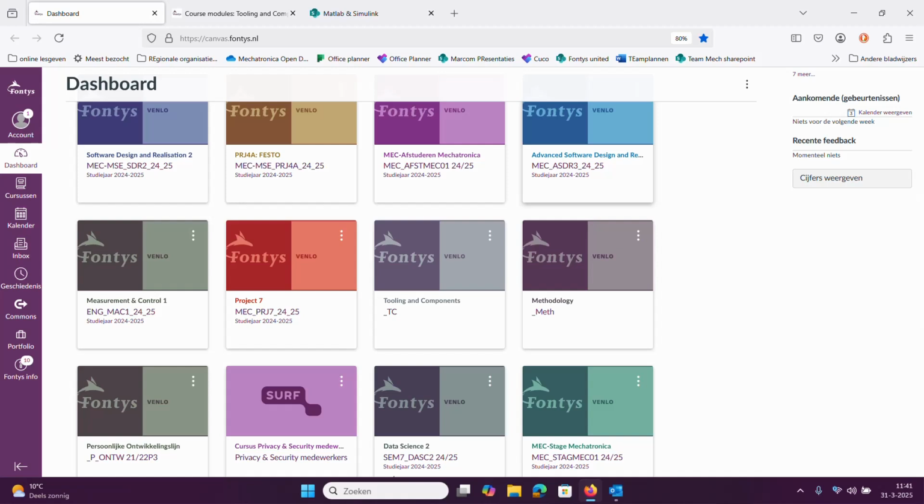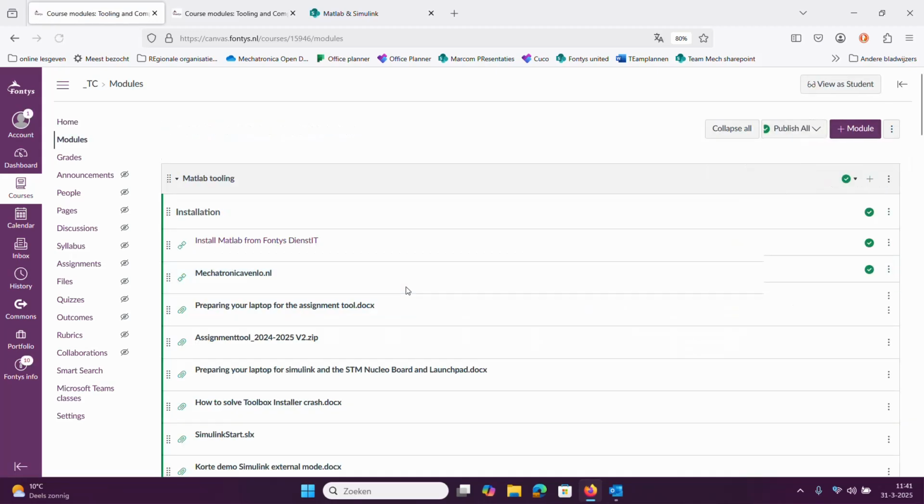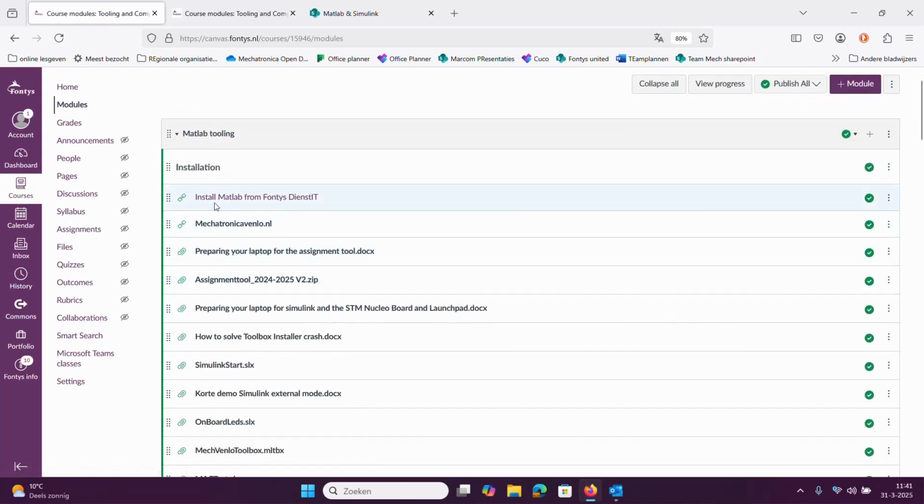First, go to Canvas, and on Canvas you should see a tile Tooling and Components. If you don't have this tile, go to the lecturer, because then we have to update your settings for Canvas. So go to Tooling and Components, and then to the Documents, and here you see install Matlab from Fontes IT, and you see a prepare laptop